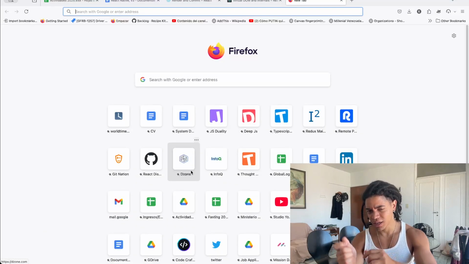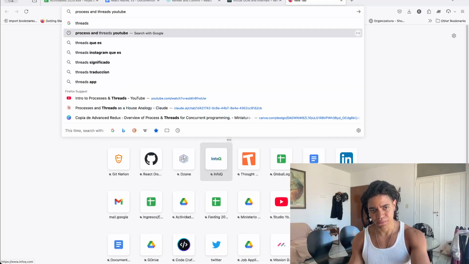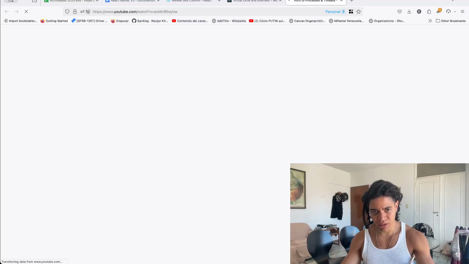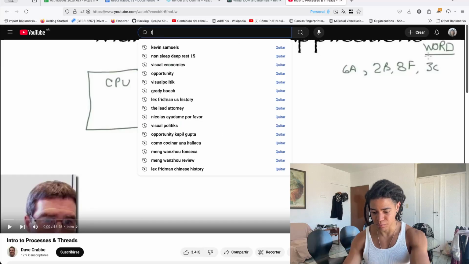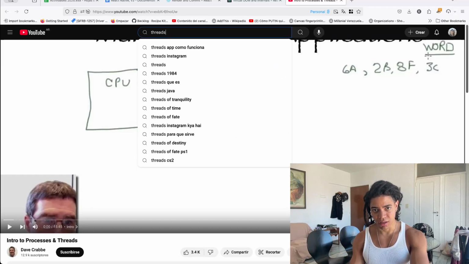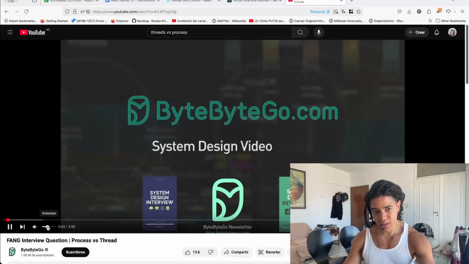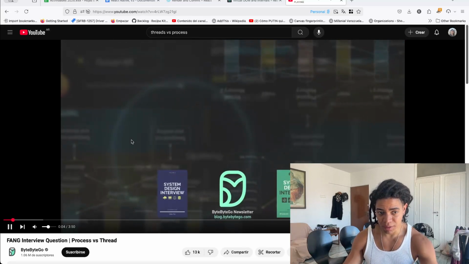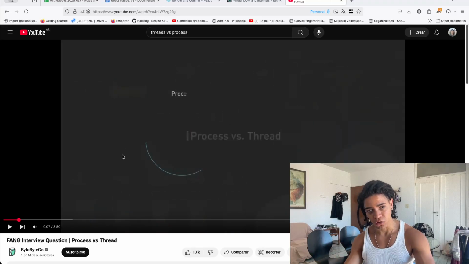Here we are actually connecting all of this. Why is that? When we talk about threads versus processes, right? When we explore this, which is quite interesting by the way, the difference between a process and a thread is